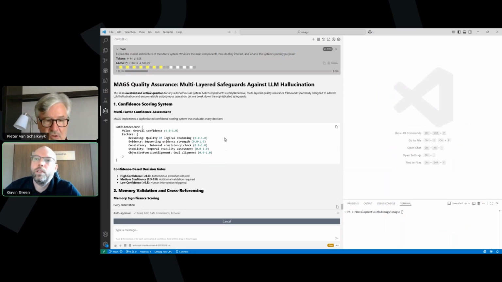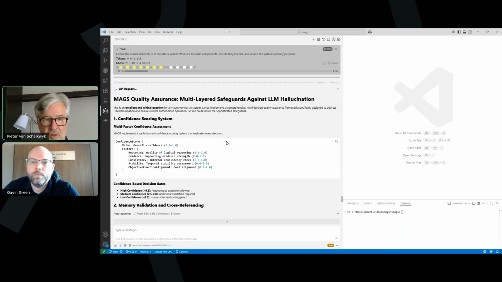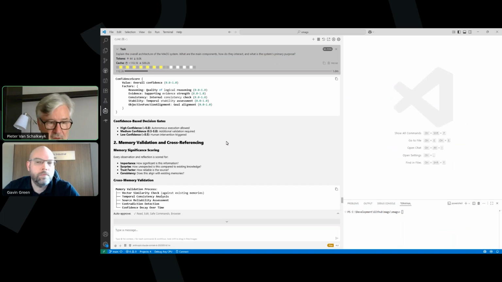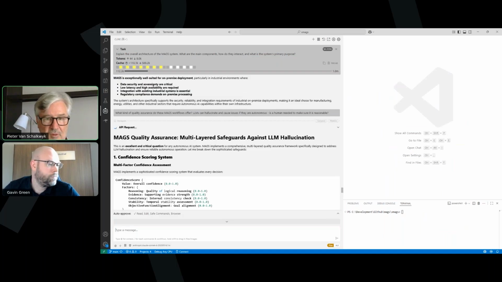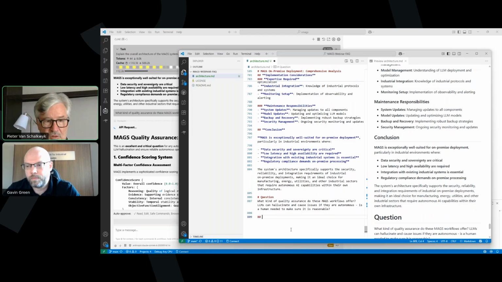Okay, so we have humans in the loop. Or are humans needed to make sure that this is reasonable? While this is answering that, and Gavin, maybe you want to copy those previous answers into the other repository before we forget. So while this is generating, yes, you'll see we can run through how we handle confidence scoring and a number of those other